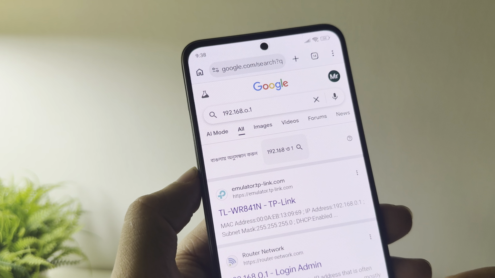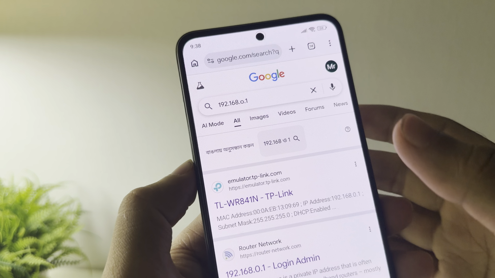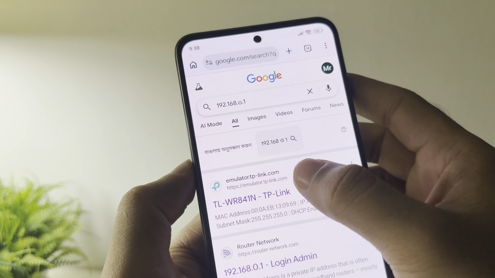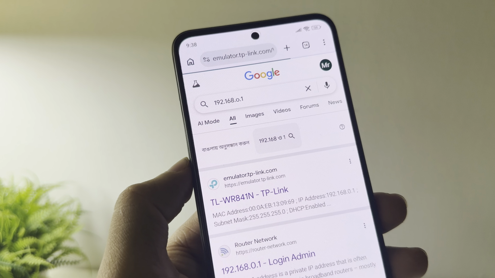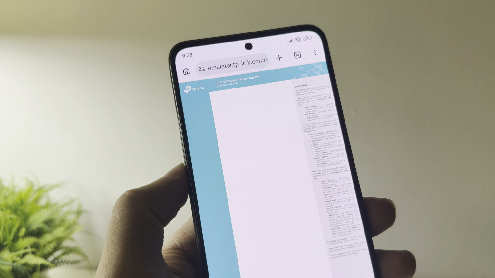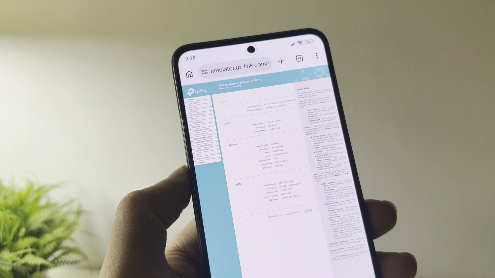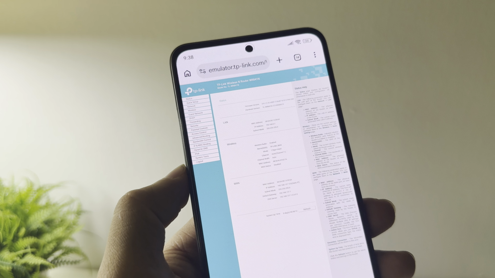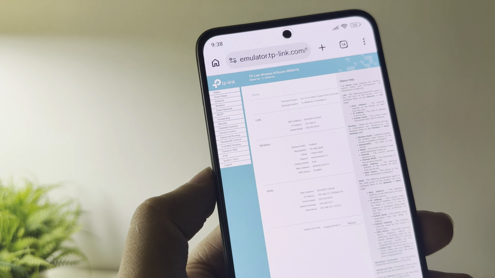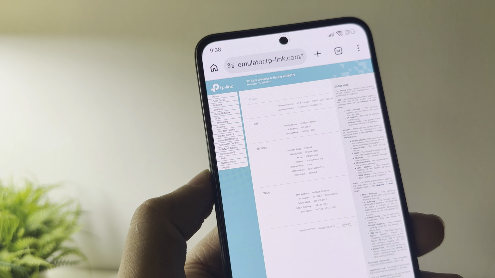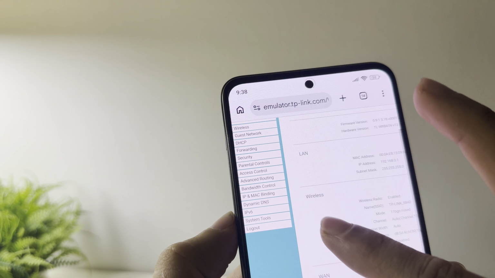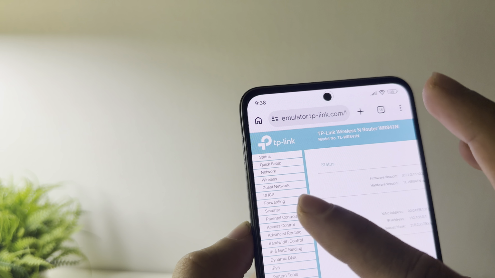So after search, you can find the link or directly open any website. In my case, my router is TP-Link. So here you can see I already logged in with my password. So you should log in with your admin password. And after that, if you see this website here, on this left side you can find the option